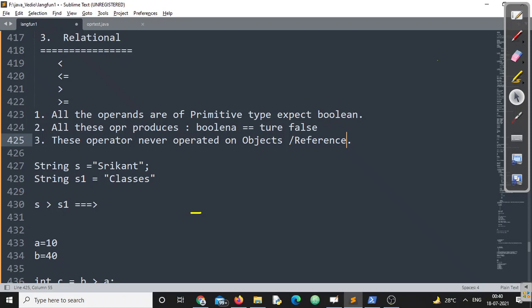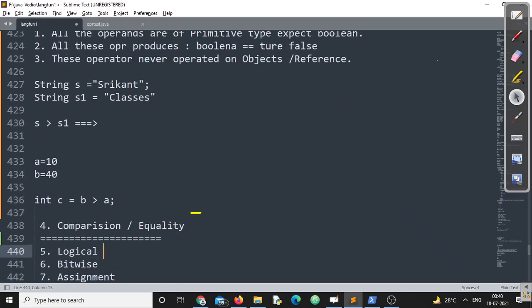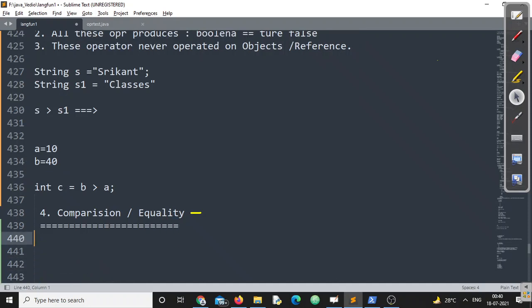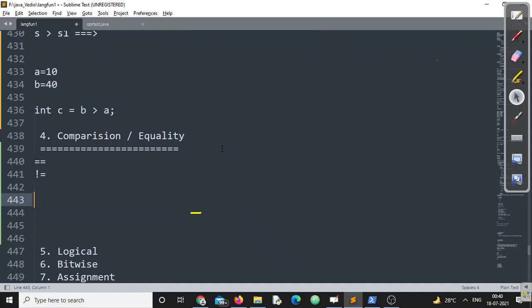In the next operator series, let us discuss the comparison or equality operators. We have two in that series: double equals and not equals. As the name suggests, double equals works the same as in C and C++ for primitive types.